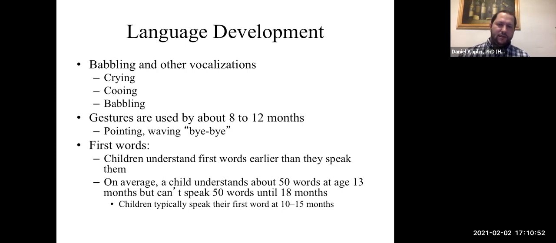The answer is that you're supposed to have acquired language in that normal range of 12 or 13 to 18 months. All right. Now, understanding language comprehension, you understand 50 words by about 13 months. By 18 months, you can say or speak 50 words. So you'll notice that speech and language comprehension develops quicker than speech and language production. And on average, people typically say their first word between 10 to 15 months with the expectation of about